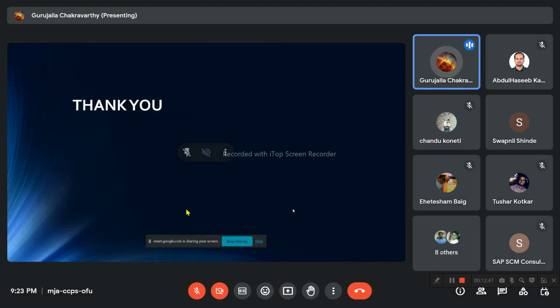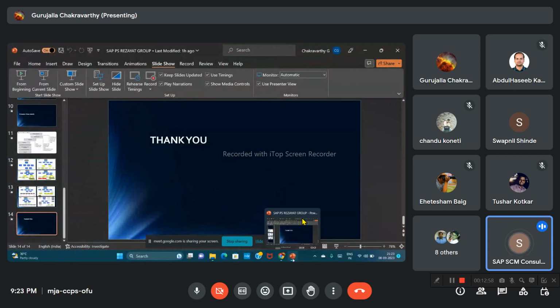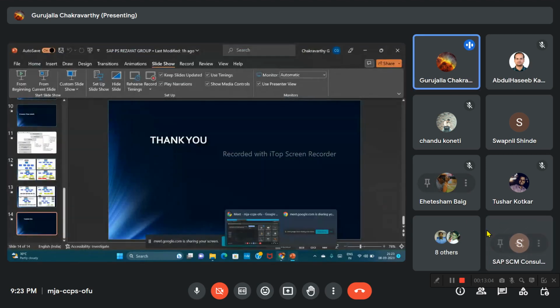Any questions, any doubts, you can ask. Okay, for the project related, what are the different types of procurements they currently have? Could you explain anything about the procurement related things? Procurement related means external procurement or